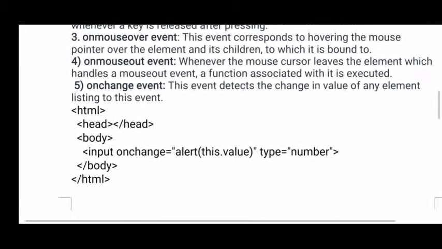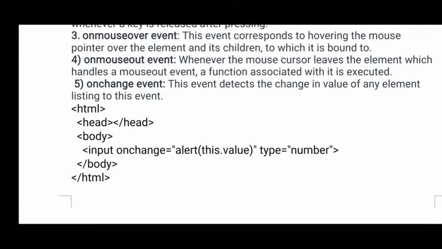Next, the onmouseover event. Onmouseover means you move your mouse pointer, for example, over any button or any image, and then the event is called. Such an event is called onmouseover.